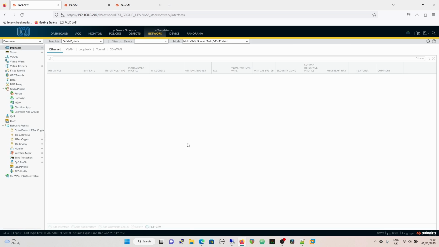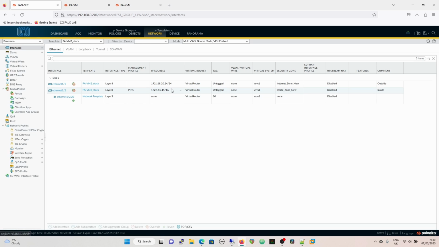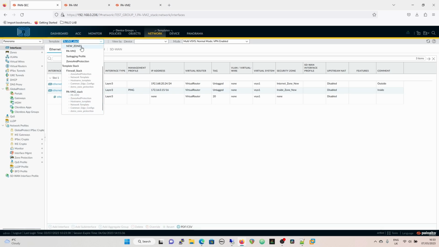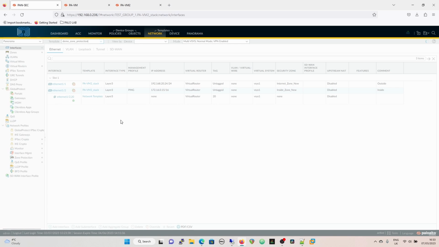Where we have an override to change the IP address, for instance, we could do it that way, or we could use variables. So if we take one that has a variable in it, demo zone protection, for instance, if I go to network, demo zone protection,